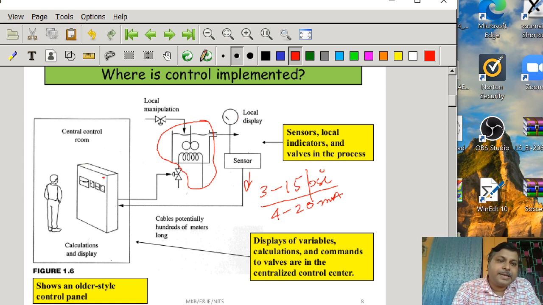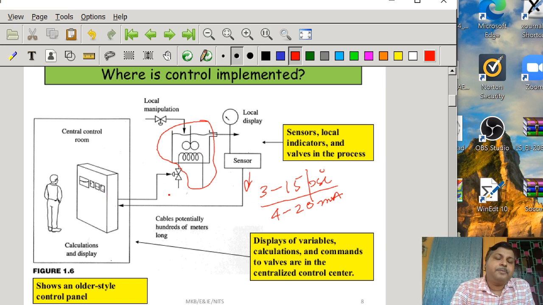Now inside this old style control panel, actually the controllers were there. Maybe analog controllers at the beginning, and later on they were replaced by digital controllers, maybe computers. That revolution we are going to understand. Now some controllers sit inside this control room, and based on the measured value, the controller produces a control signal,